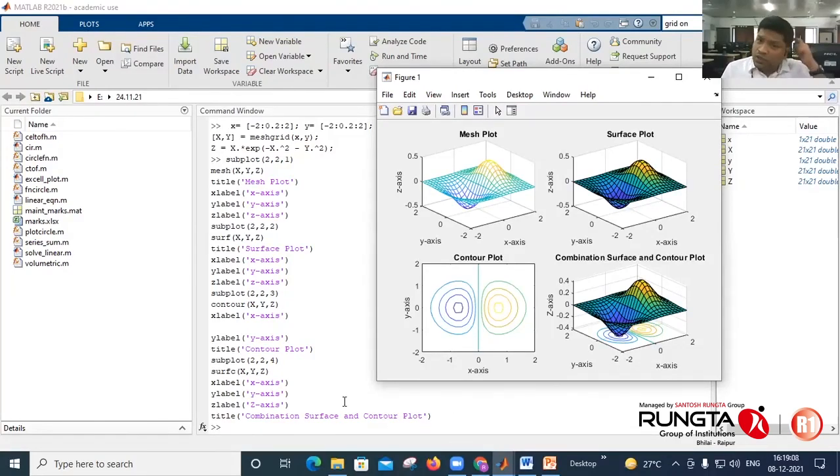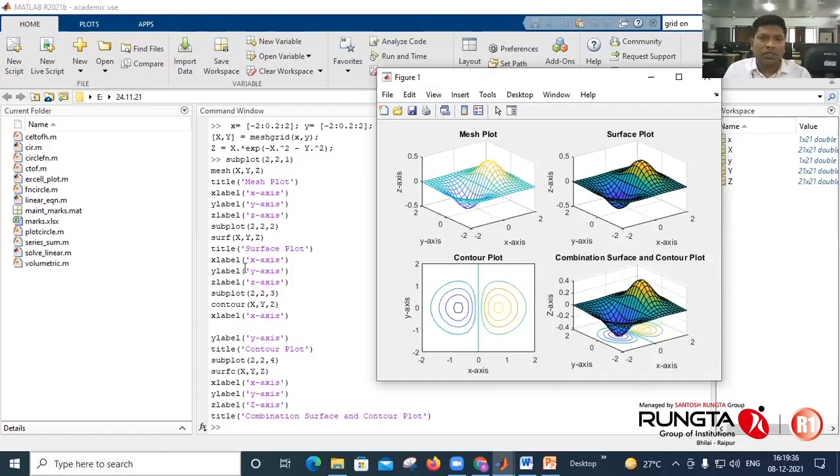So this is how you can generate the 3-dimensional plots: mesh plot, surface plot, contour plot, and combination of surface and contour plot. You have to define X, define Y, define Z. Once X, Y, Z are defined, you can plot this.